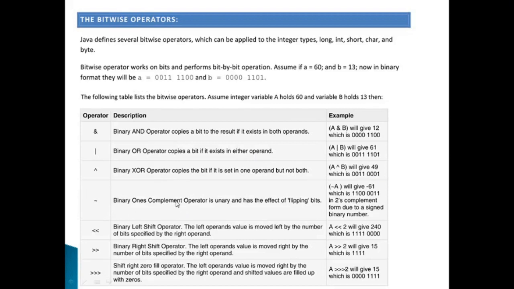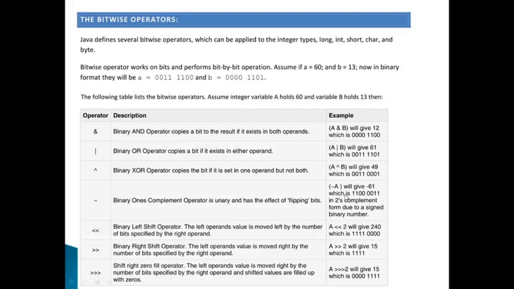Okay. Now what is the ones complement operator? The binary ones complement operator is shown by a tilde. It is a unary operator, as we can say that it is performed on a particular variable, and whenever this tilde operator is performed on a variable, all the zeros in that variable are converted to 1 and all the ones are converted to 0, and that number is converted into the decimal value. As you can see in this example, it is giving a result of minus 61.